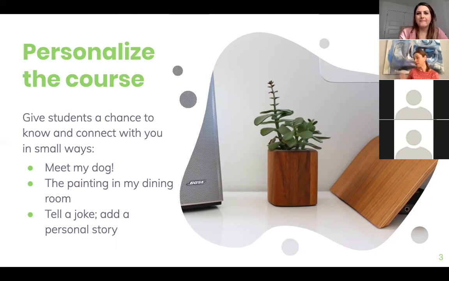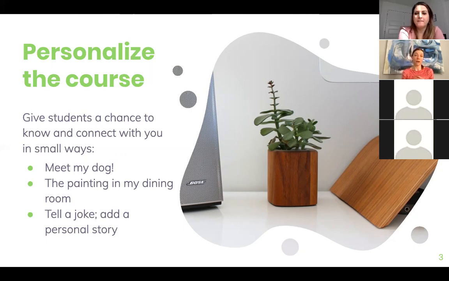It is a painting that was done by a schoolmate of mine from elementary school that I bought. And she eventually moved to San Francisco and became a professional artist. And now I could not afford one of her paintings. So just these small touches, like this is what's in my dining room. You might tell a joke or tell a little bit of a personal story. By nature, we might be wearing slightly less formal clothes than we would be in the classroom. That's, of course, your choice. But you might tell the students a little bit about yourself and things that they might not normally see.